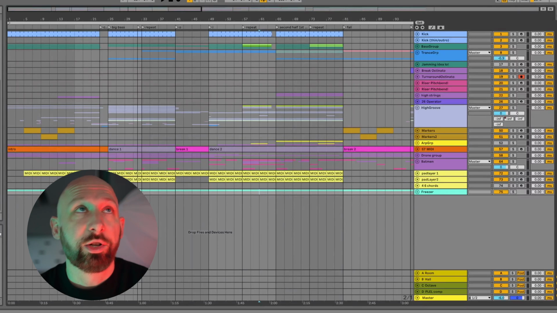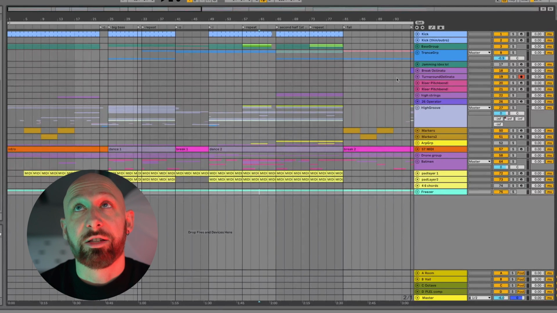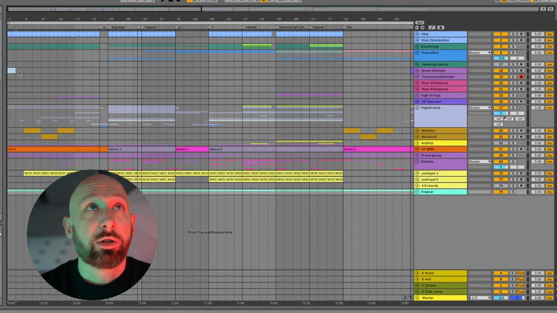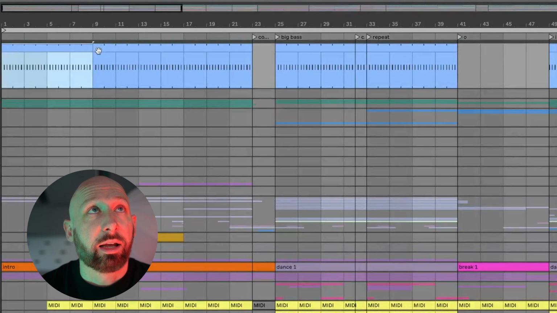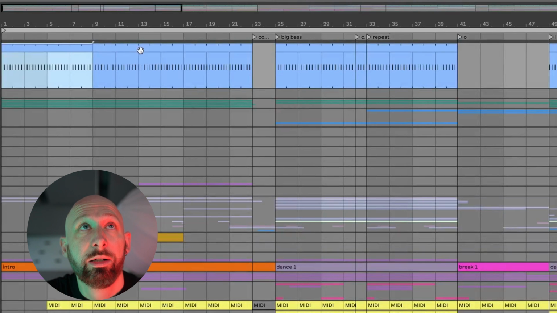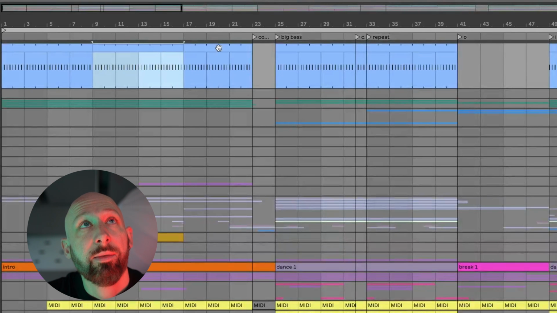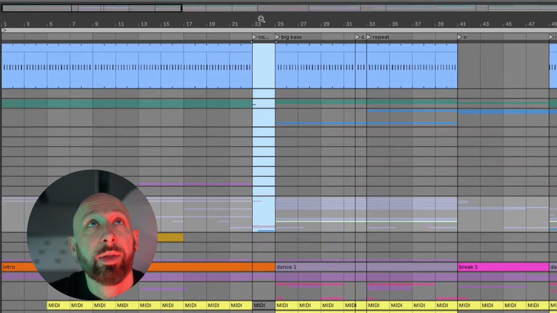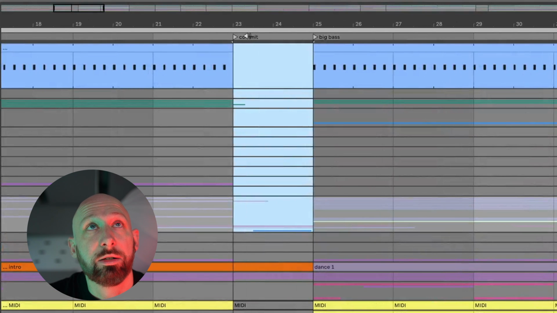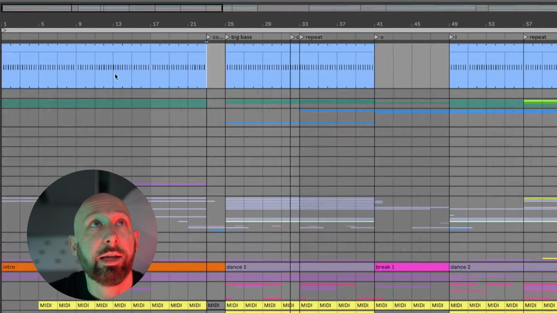So let's look at this project that I've been working on here for Face the Sun. So let's talk about the intro here. Basically, we've got ourselves an 8-bar loop. You can tell by the length of the clip of the kick, right? We've got ourselves an 8-bar loop here, another 8-bar loop, and then another 8-bar loop. However, the last section has been edited out, and I do what I call a committed turnaround. And so let me play you the 8-bar loop from here so you can hear.